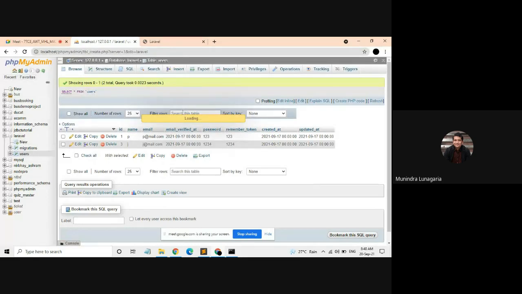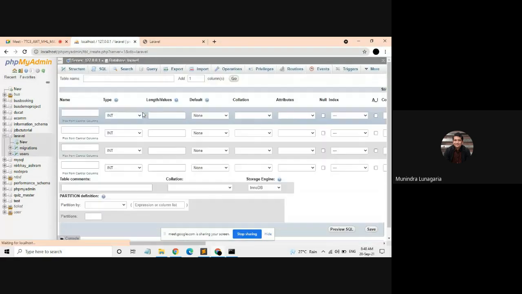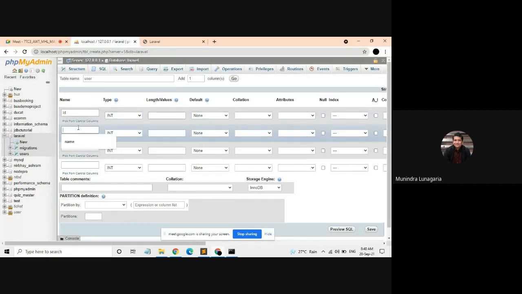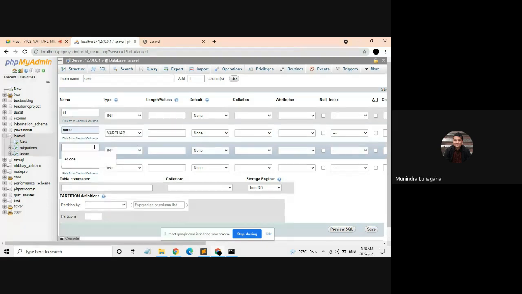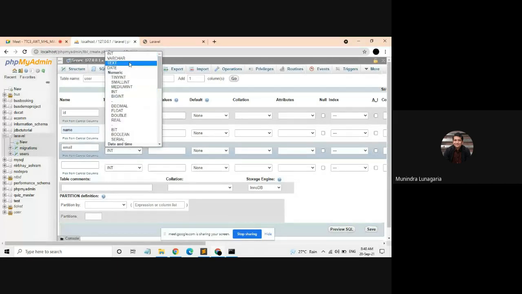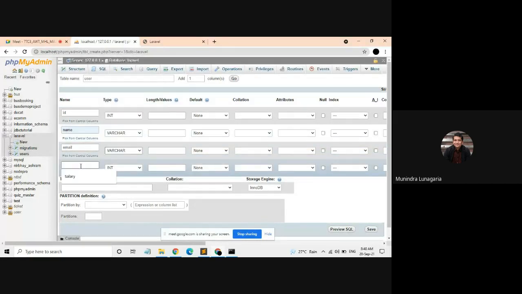Do it very fast. Create one table users with 4 columns: ID, name, email, and address. Put ID as a primary key. So it will be auto increment, AI.